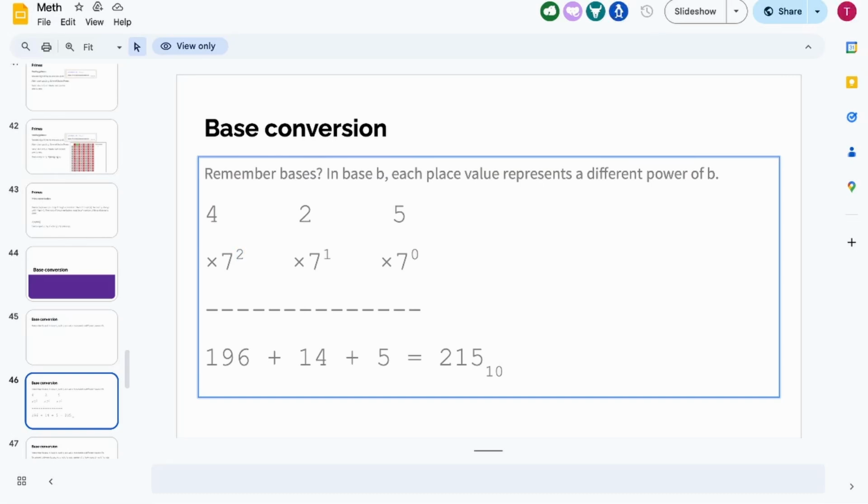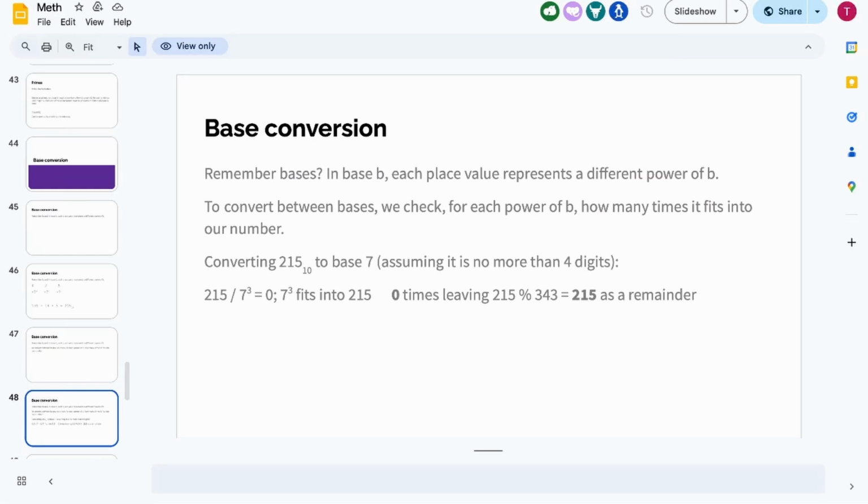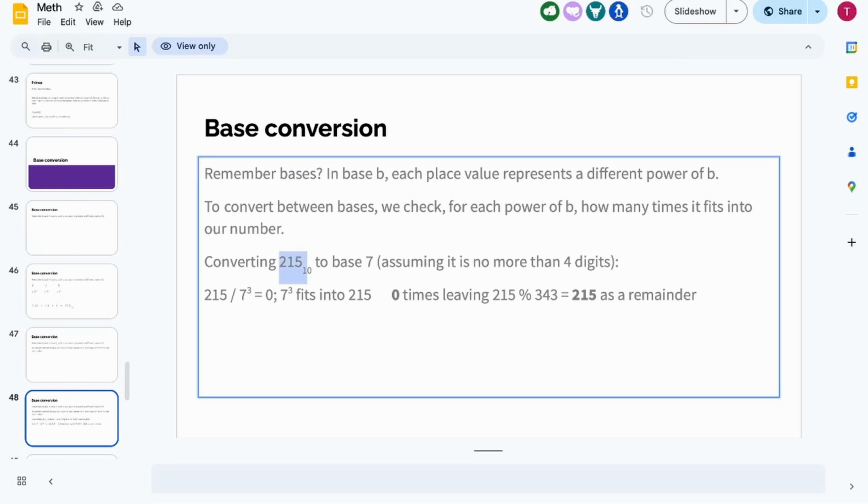And then basically the number here, you just multiply and then you add them together. But if we want to convert between bases, we have to check, let's say we want to convert 215 to base 7. So first we check,